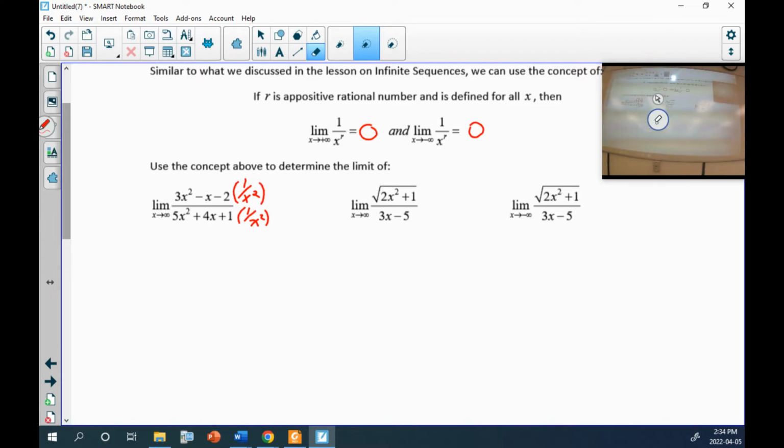So, what's 3x squared times 1 over x squared? 3x squared over x squared, so 3x? Think about that again. 3x squared divided by x squared. We end up with 3x squared over x squared minus x over x squared minus 2 over x squared, over 5 over x. Now, I'm going to skip this step a lot, but